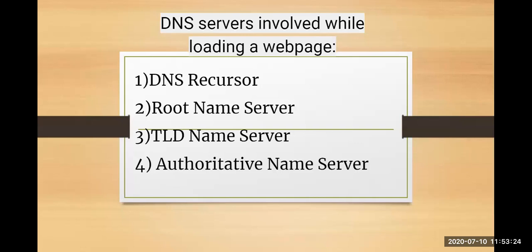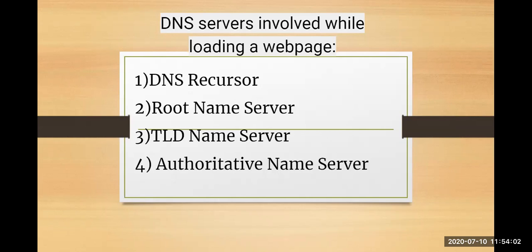Okay. Third is your TLD name server. TLD stands for top level domain server. The top level domain server is where your information is stored according to the country prefix, and according to the domain name. Like the country prefix for India is .in, for Australia it is .au, for USA it is .us. So the first level, your top level domain, will have what? All the country prefixes, and then under that you will have all the websites for that country. Like for India you will have commercial websites like Amazon, so that Amazon.com can be the same in other countries also.